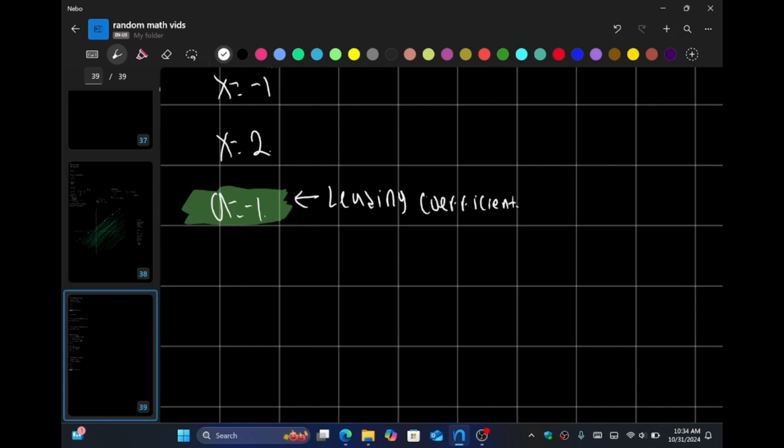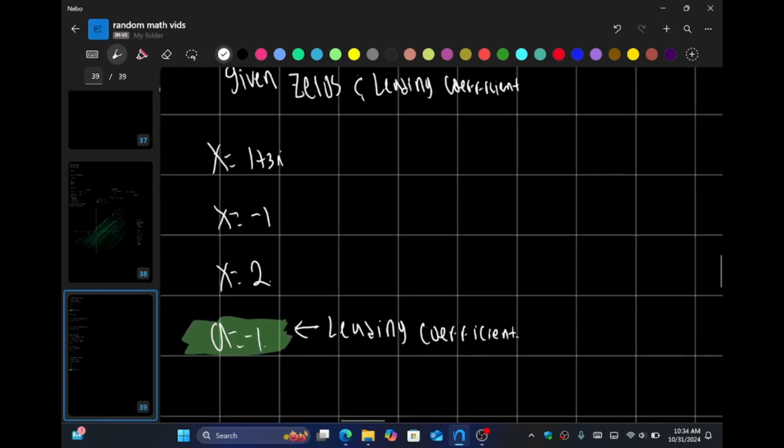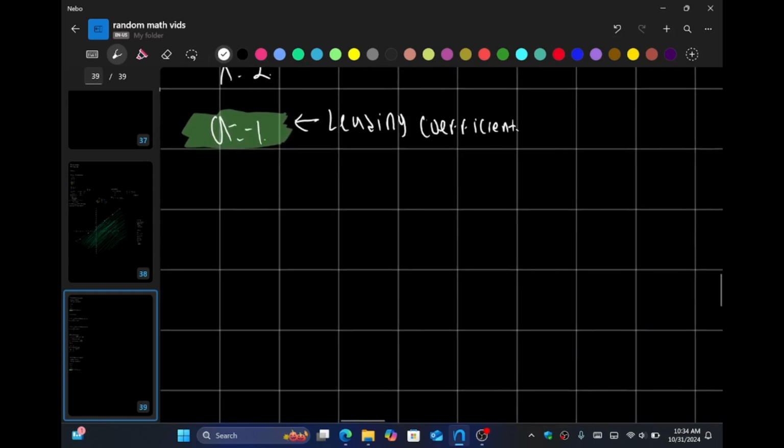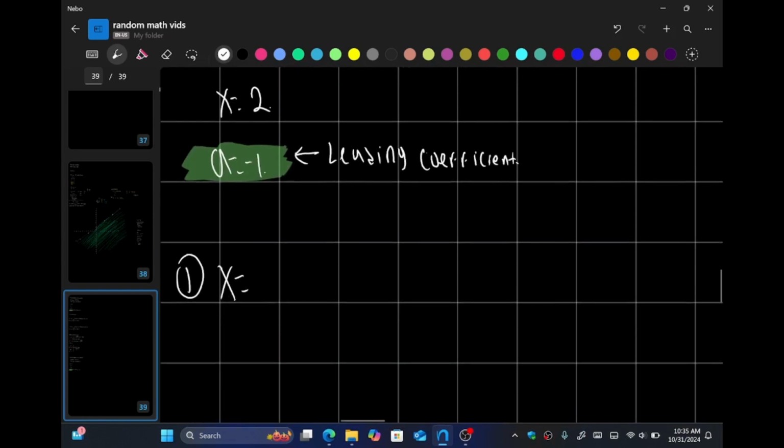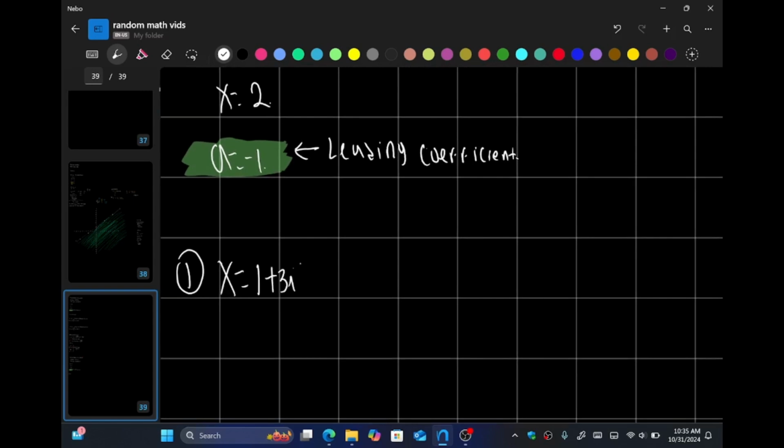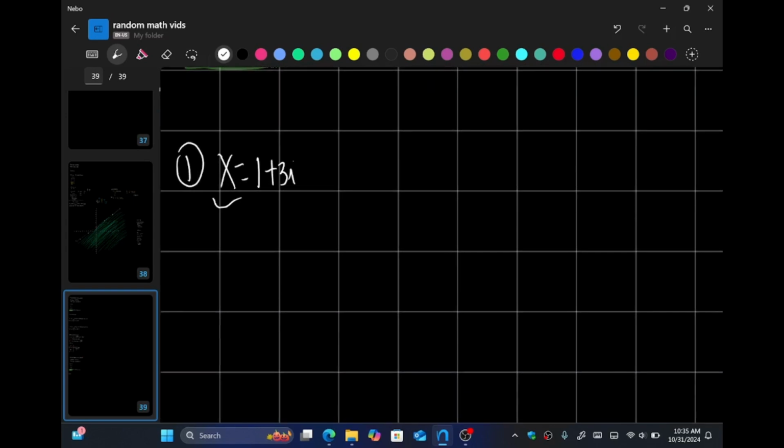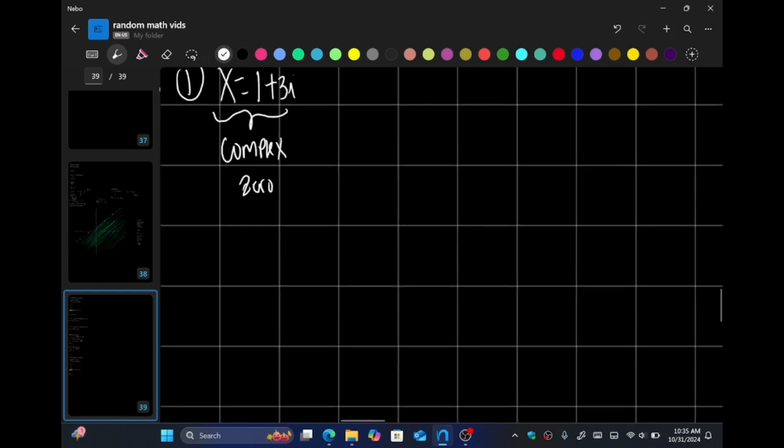So, we're going to go ahead and state, again, or we already stated them. So, number one, we want to look at the following zero, and this is a complex zero, guys. So notice that this is a complex zero, and according to the complex conjugate theorem,